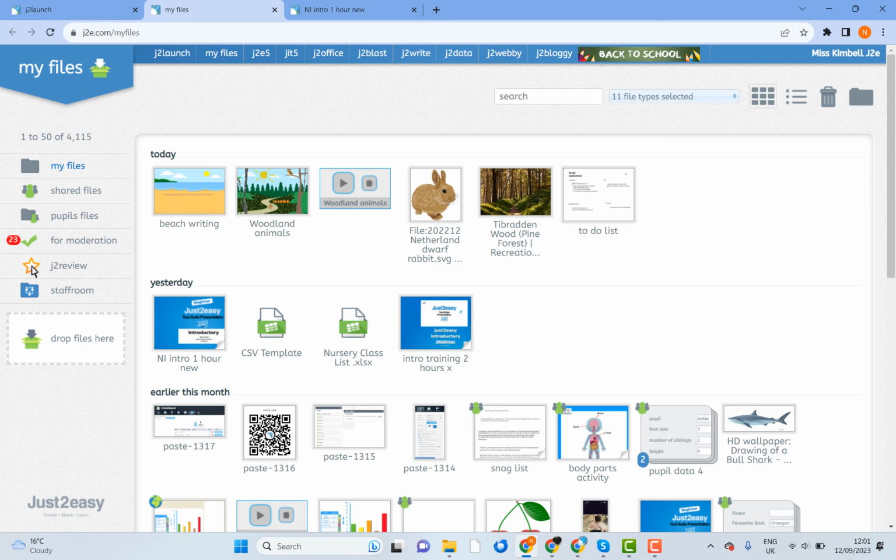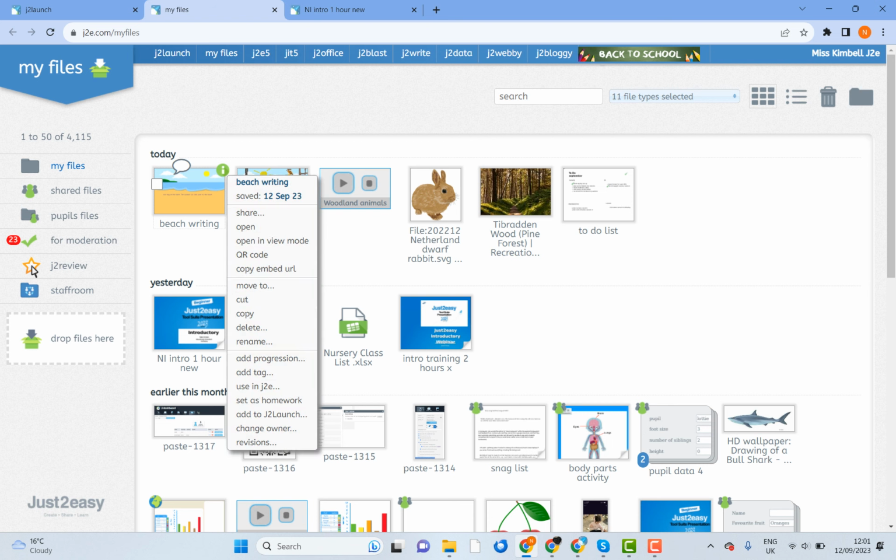Now, for example, maybe I wanted to use this as a sentence starter for my class, and I want them to open this file and to add to the text. So we can do that by clicking on this green circle with the white eye in it, and that's going to open up our sub menu for this particular piece of work. So this will work on any piece of work in your My Files, and we're going to focus on this